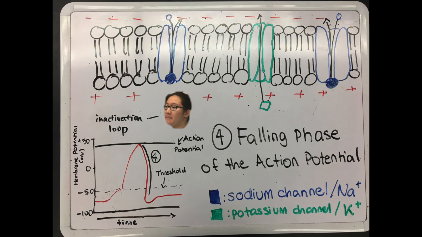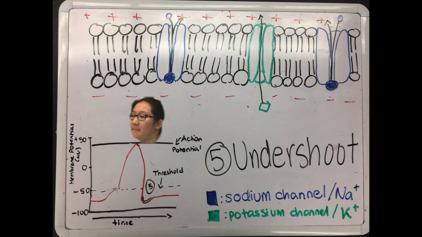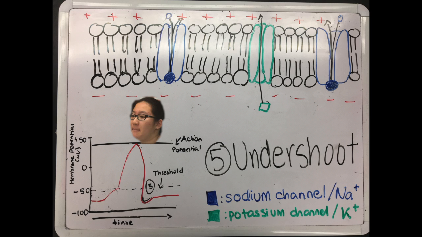Following the repolarization of the cell, it enters the undershoot, or hyperpolarization, where due to the sustained opening of the voltage-gated potassium channels while the voltage-gated sodium channels remain closed, the membrane potential has a greater negative charge than at the resting potential. During this period, known as the refractory period, another action potential cannot be reached because the stimulus cannot reach the threshold. This prevents signals from traveling backward on an axon and makes them only go in one